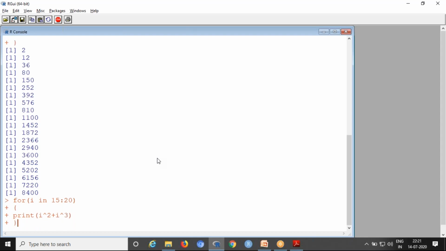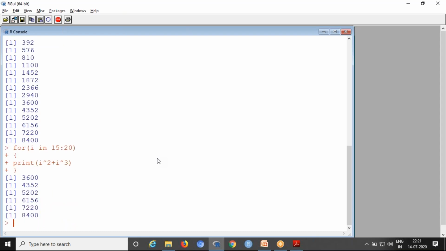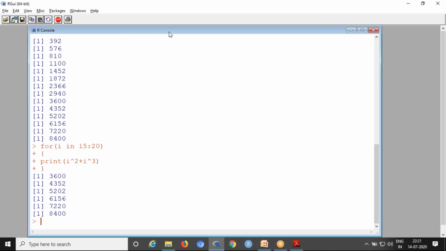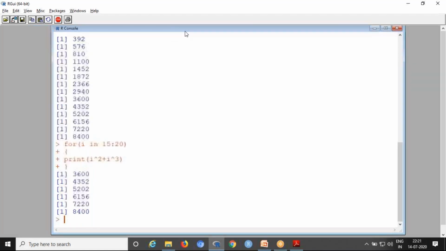Then close the for loop. Now you can see this is the output. Like that, it computes for I value starting with 15: 15 power 2 plus 15 power 3 and so on, 20 power 2 plus 20 power 3.